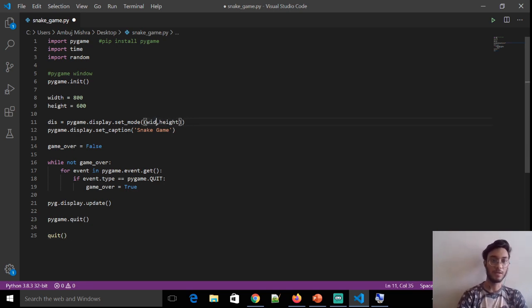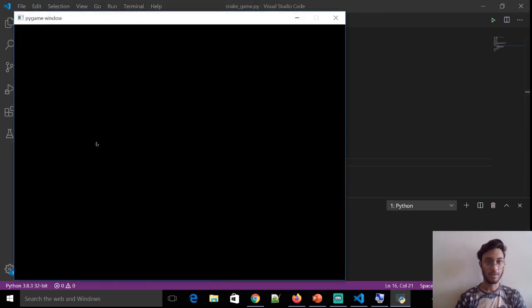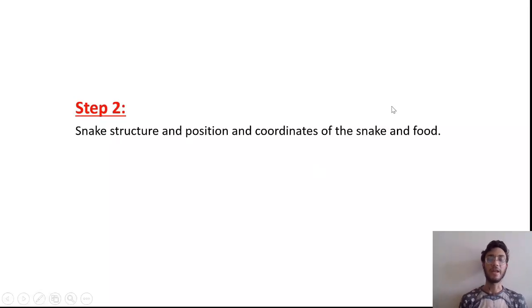Now let me run it and see the output. Here is the output, snake game. This is the window with a width of 800 and height of 600, sorry.